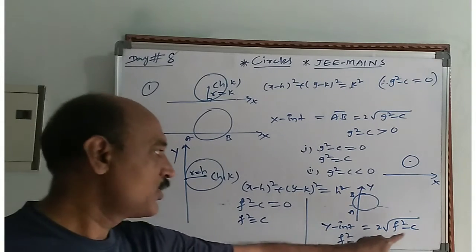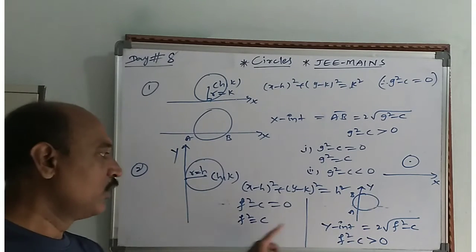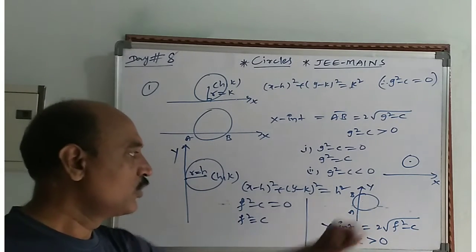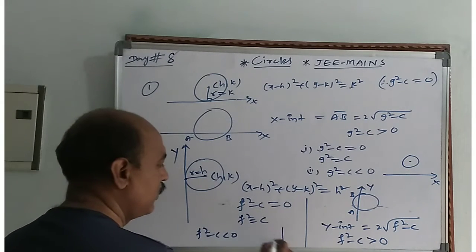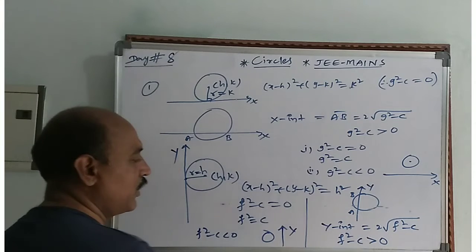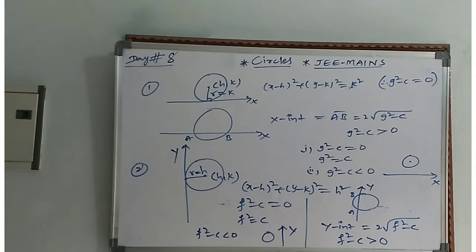Next, f square minus c is equal to 0: the circle touches the y-axis at 1 point. Next, f square minus c less than 0: it does not touch and does not meet the y-axis. Okay. Next concepts are